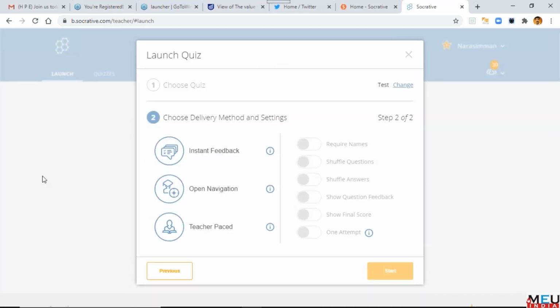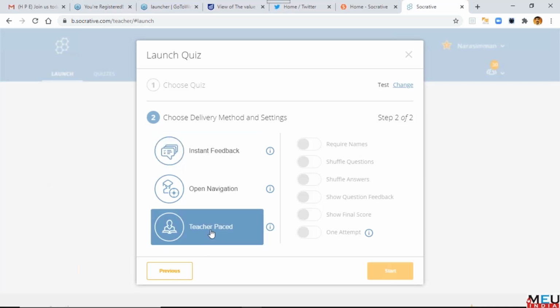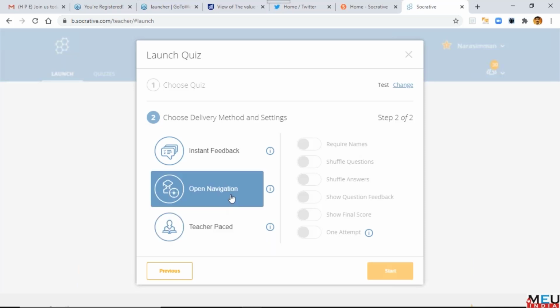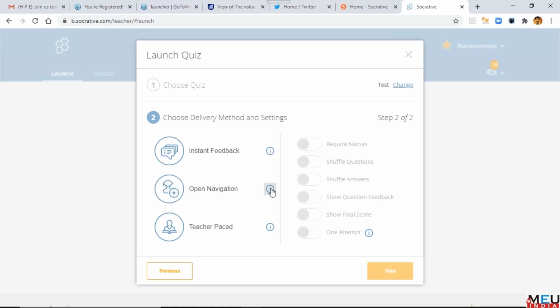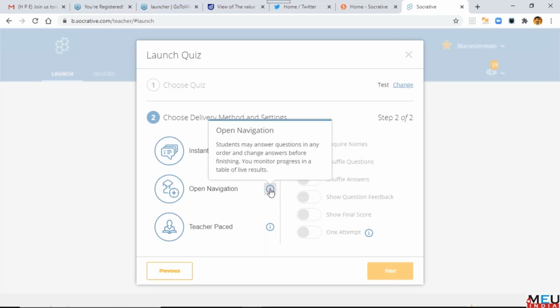How do I want this to be played? Here what we played is teacher paced. This could be open navigation. Open navigation means the learners will be able to play on their own, at their own timing. The students may answer questions in any order and change answers before finishing.